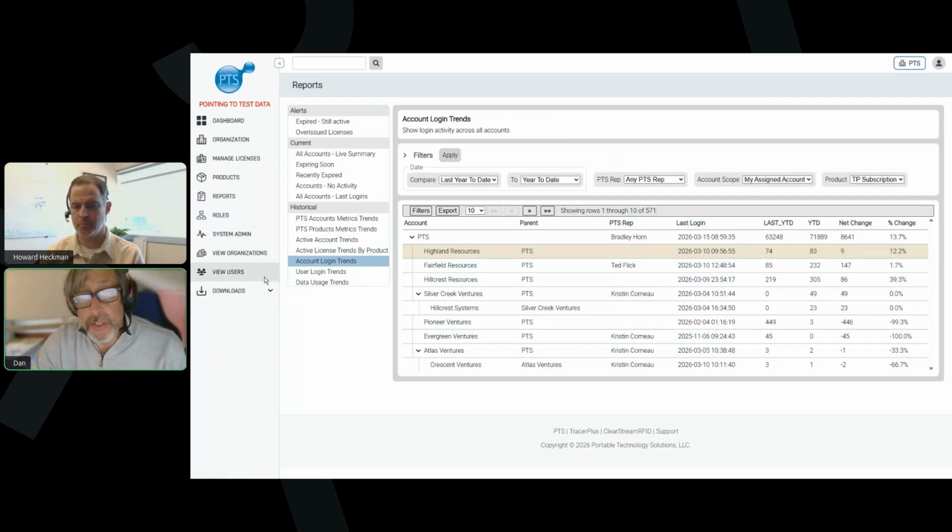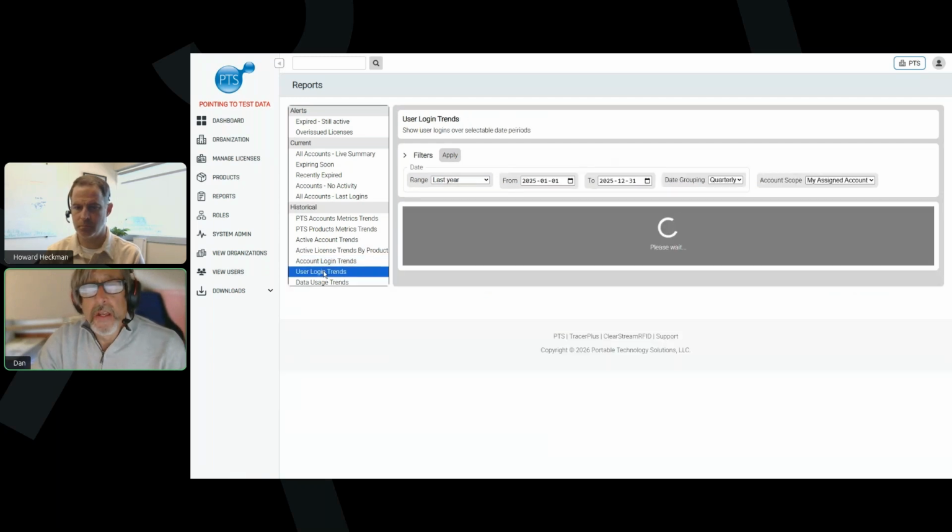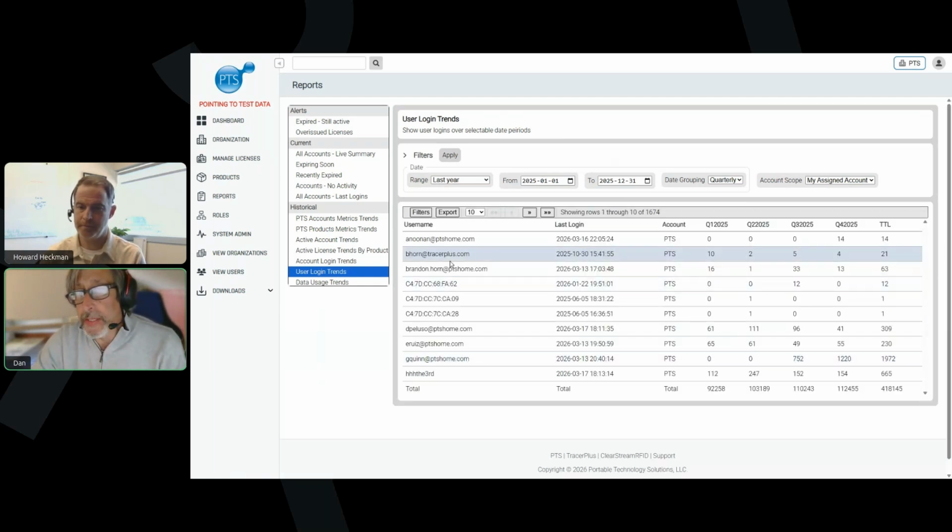Specific to our end users, we did also include user logins. If you wanted to see your specific users in your account logging in, you can see that. I'm building a pretty extensive report here for every PTS user, so this might take a second. But you can see here's a list of all my PTS users plus the sub users. If I wanted to drill this down into